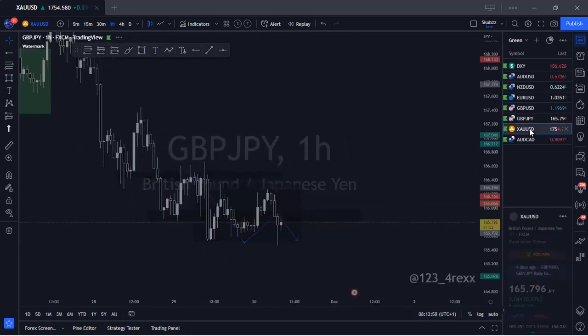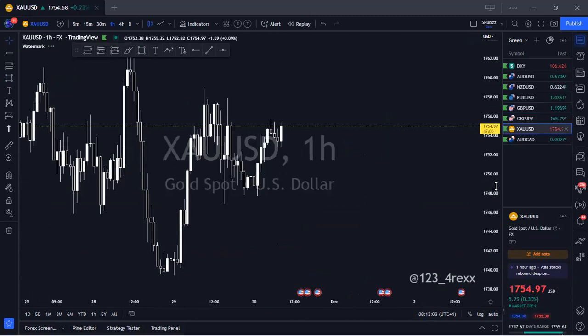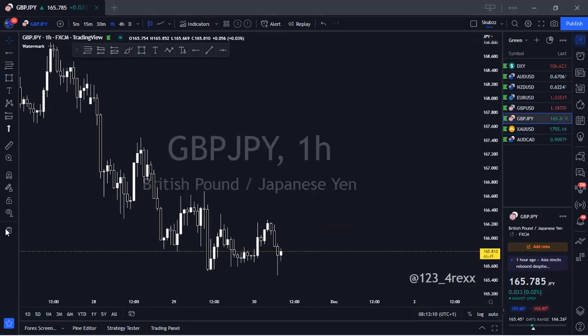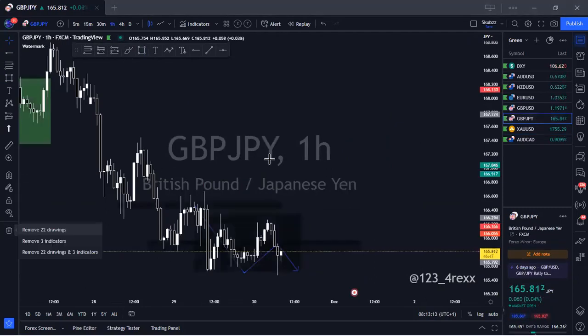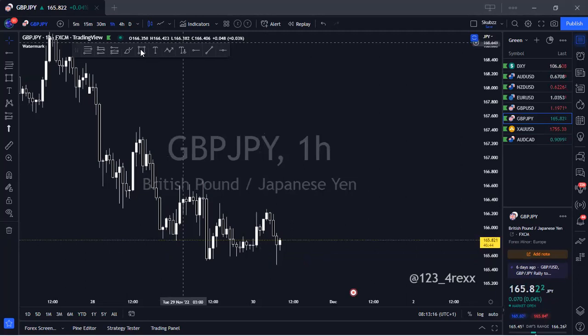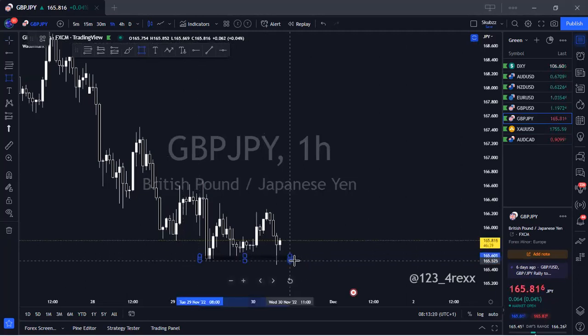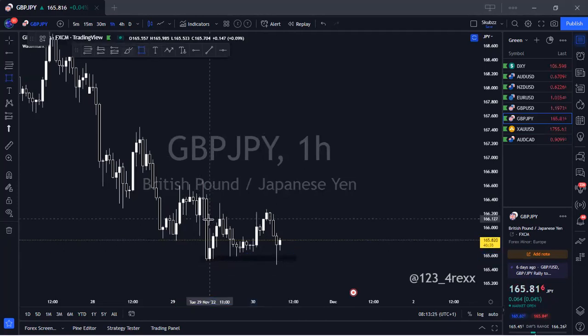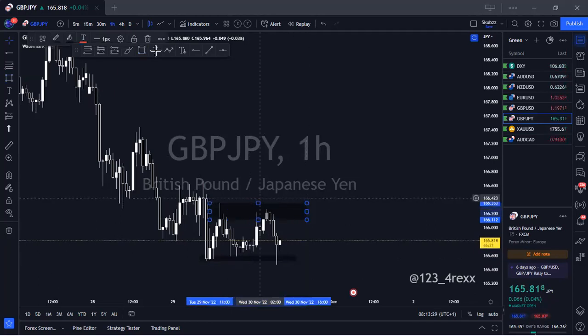Gold. Gold too is the same thing. I am pained. Gold, I sold, okay, marked levels for us on the place, okay, that's on GBP JPY, yeah? Okay, so GBP JPY, this is what I'm looking out for. Will we be able to break this low down here? Or the one above? Or the one above.